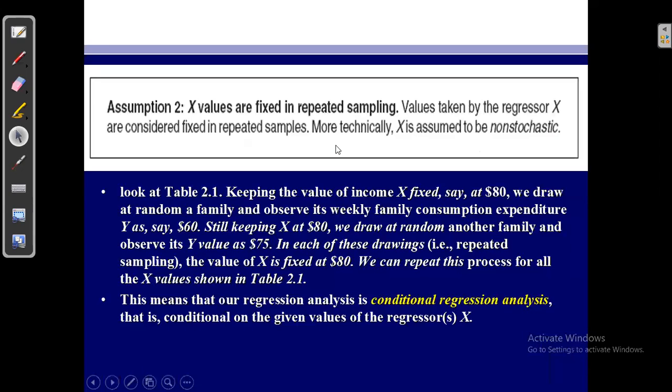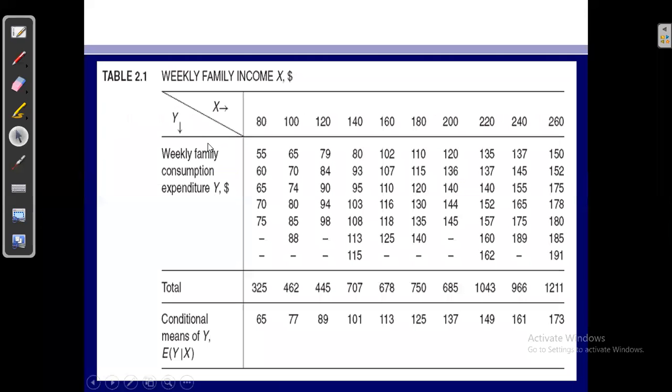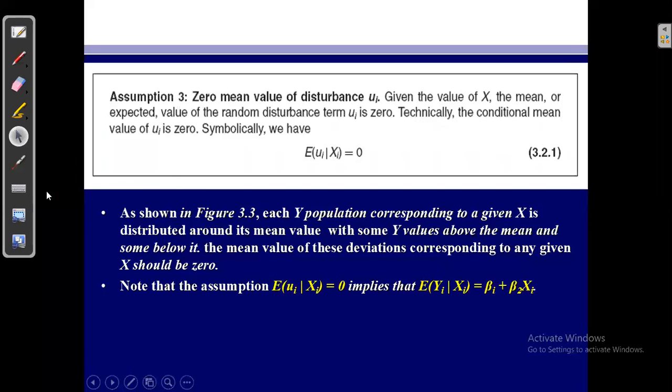So assumption number 2 is actually saying that the explanatory variable X, and later on explanatory variables, which means more than one X variable, whether it's one X variable in our model or more than one, is a fixed variable. Its values are fixed in advance. They are determined in a predetermined fashion, right? So this is assumption number 2. Assumption number 3 is saying that